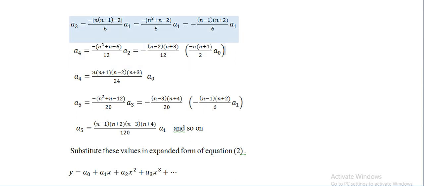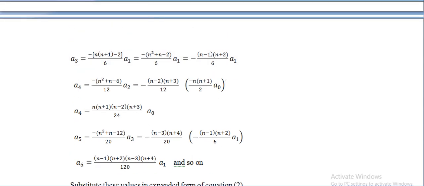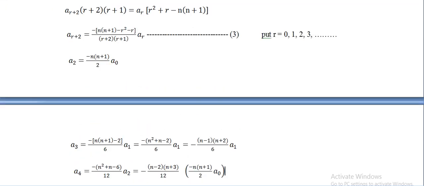So now multiply (n² + n − 2)/6 into a1, and after factorizing n² + n − 2, we'll get (n − 1)(n + 2)/6 into a1, and the sign becomes minus a. So that is the value of a3. Then again substitute